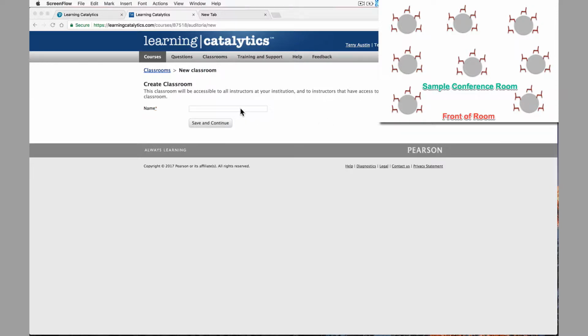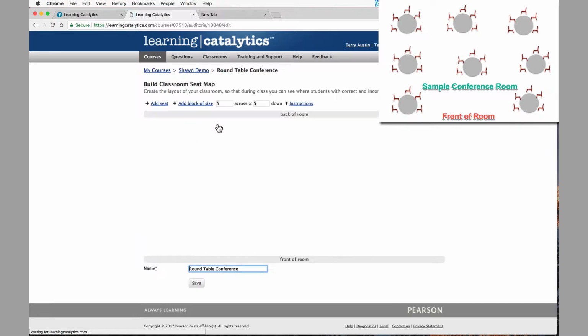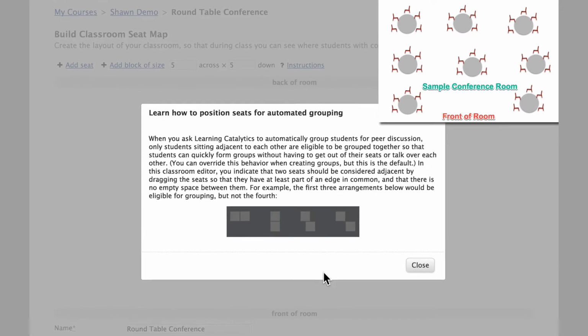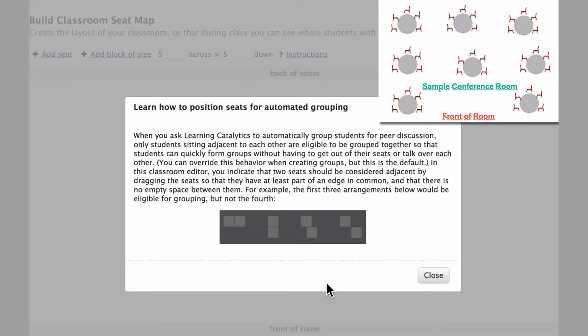I'm going to start by giving this room a name. We'll call it Round Table Conference. Kind of fits. And before I start, I want to point something out here. I can add seats, but I want to give you a little bit of information in case you don't know this. Here under Instructions, it tells us a little bit about what the system needs in order to use a